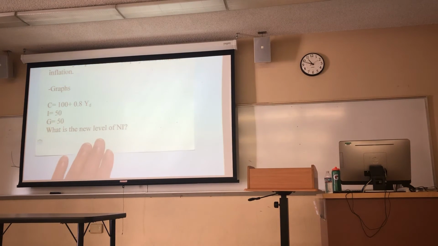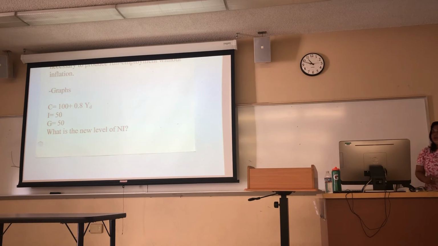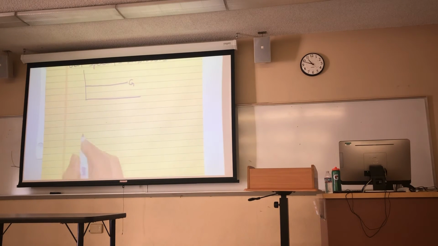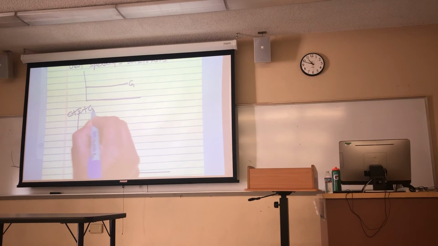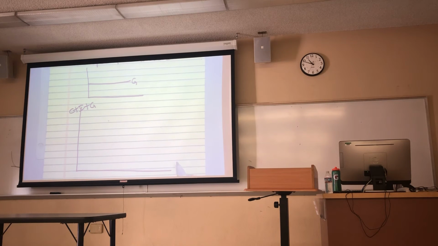Okay, so here I have given you an example. Now can you find the new level of national income here? You have to draw first a consumption line. So let's go ahead and draw the three lines. We have C, I, and G on the vertical axis, then I have national income, GDP,